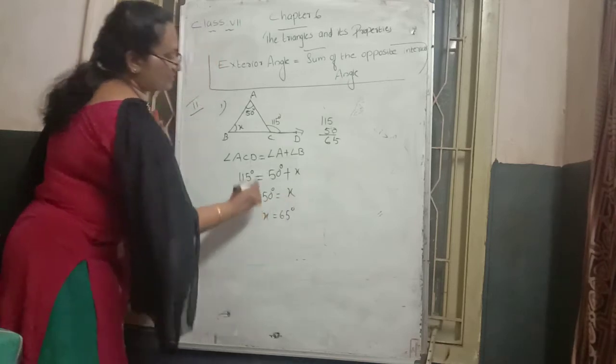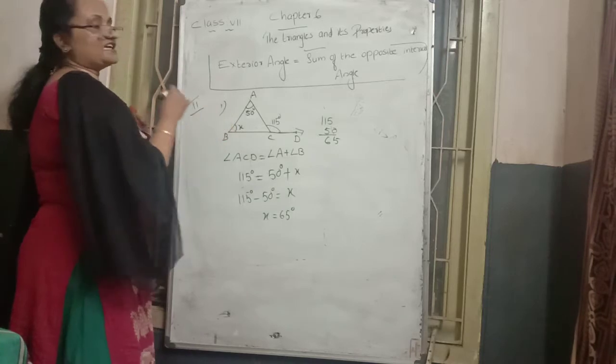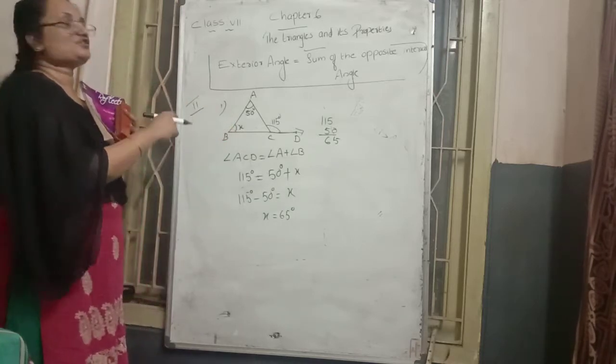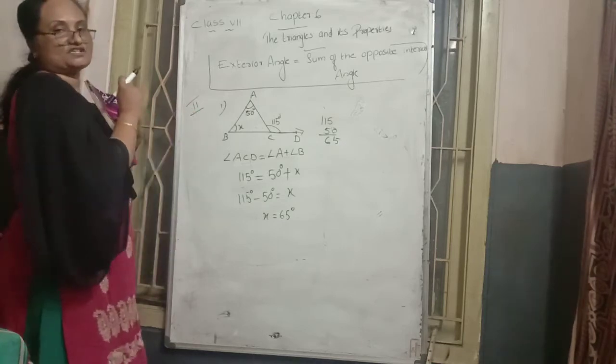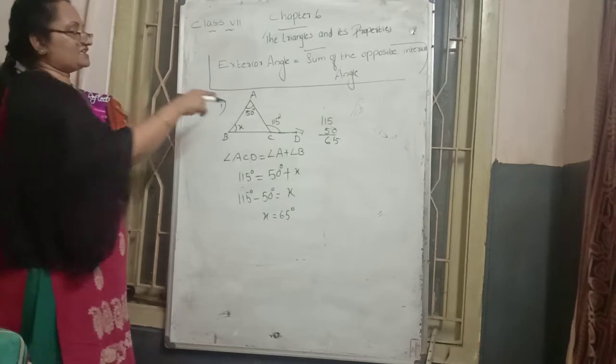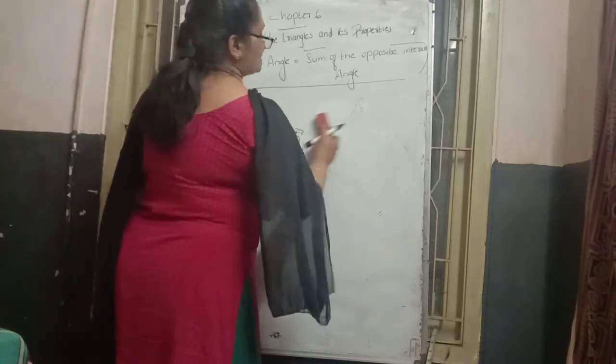So what can we say the B value becomes? The B value becomes 100 degrees. That is the meaning of that question. This way we find the unknown x value. That is the second bit. They tell us like this. Some 4 or 5 more questions like this give a diagram and ask you to find an unknown x value. One more question, this is the same type.